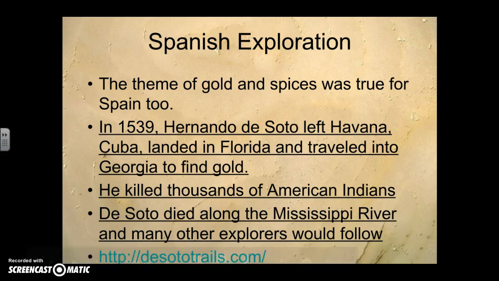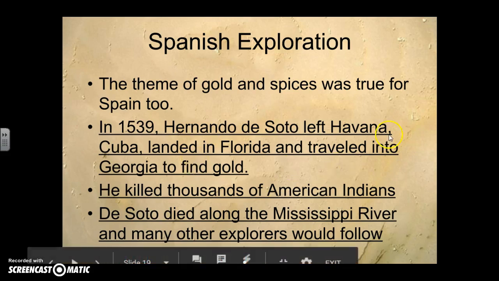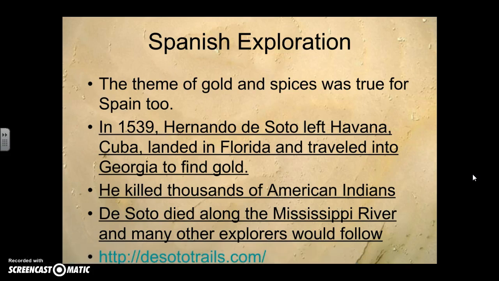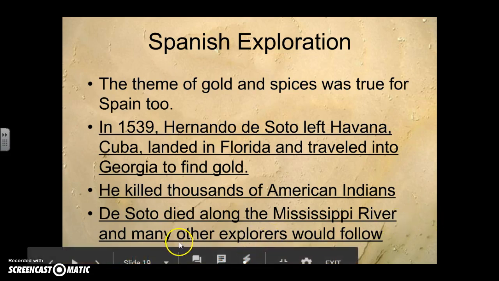So let's talk about Hernando de Soto. Hernando de Soto was a Spanish explorer. The theme of gold and spices was true for Spain as well. Hernando de Soto left Havana, Cuba, and landed in Florida and traveled into Georgia to find gold. So when we look at his route,